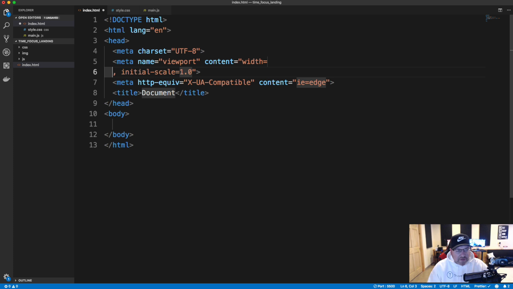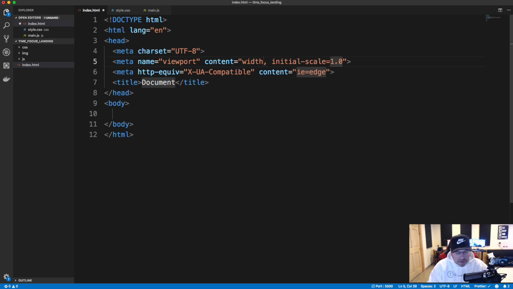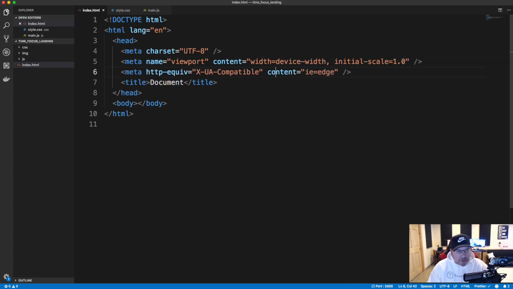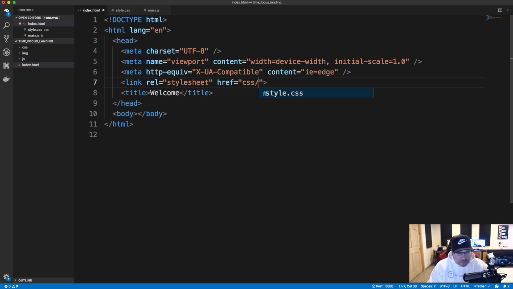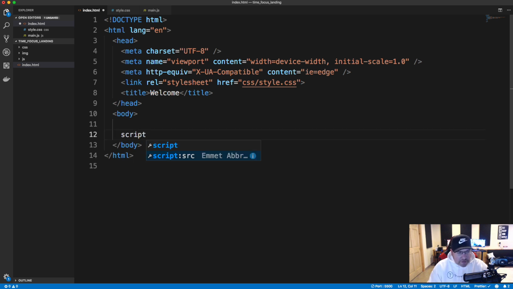I'm just going to start off with the HTML. Whoops, what did I just do? There we go. So for the title, let's say welcome. You can put whatever you'd like. And I'm going to add a link to the style sheet. So style.css, and in the body, let's put a script. Source is going to go to js/main.js, and then for the body text here, I'm actually going to use a